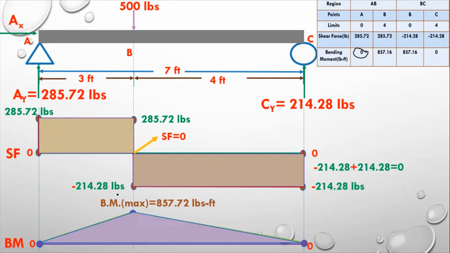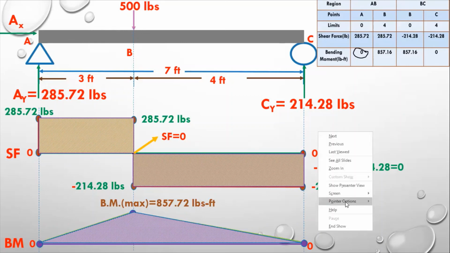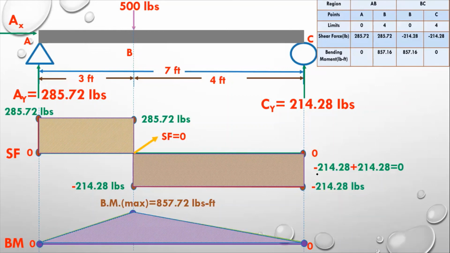So this is the way to draw the shear force and bending moment diagram for any kind of question with point loads. But right now we did not discuss uniformly distributed load. There is a different criterion for drawing shear force and bending moment diagrams for uniformly distributed loads. Right now this method is only applicable for point loads. Hopefully you will understand how you can draw the shear force and bending moment diagram, and you can handle any type of question. For example, if you have a point load on the beam, whether it is at the center or anywhere else on the beam, you can draw the shear force and bending moment diagram.